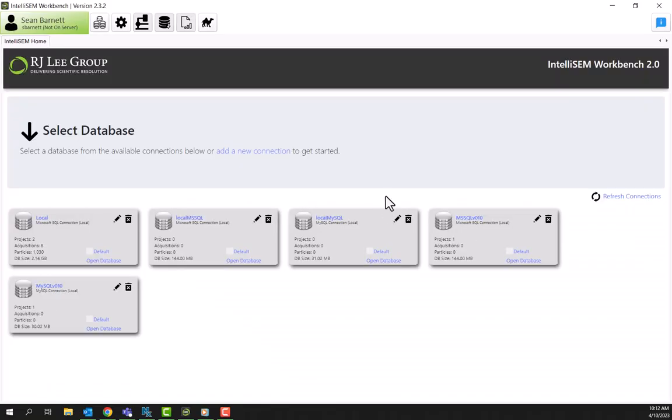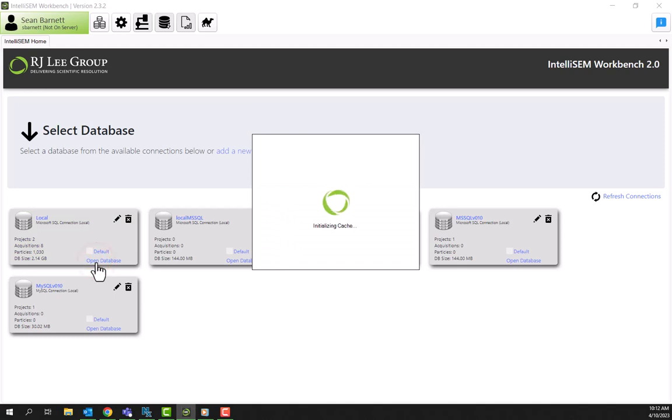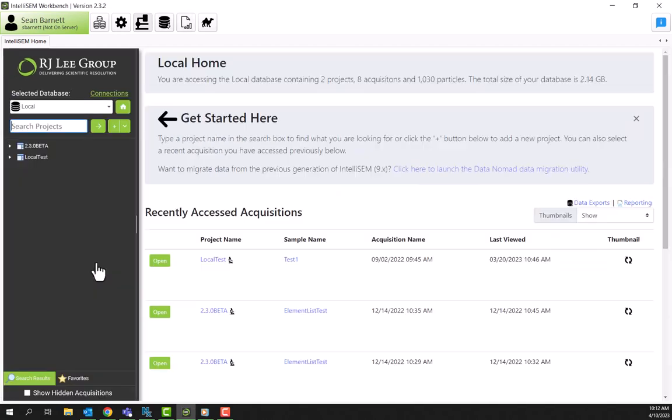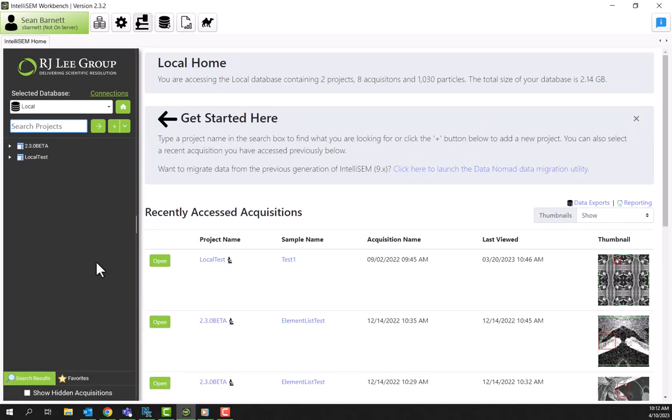On the next screen, select the database you want to work with. You can check the default box if you would like IntelliSEM to automatically open this database in future sessions. The Workbench home screen is your base of operations. From here, you can search for previously collected data, start a new prospector run, change settings, and perform a variety